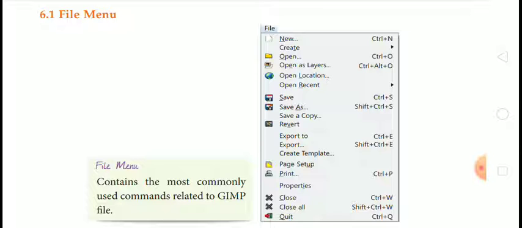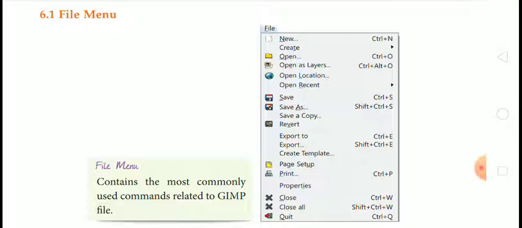If you have done editing in a particular file and you have already saved that file, and next day you want to make some changes in that particular file which you did on the previous day, what you will do is click on the Open button and press Ctrl O. You can press Ctrl plus O from the keyboard and the open dialog box will appear, and you can select a particular file which you want to open on your canvas.